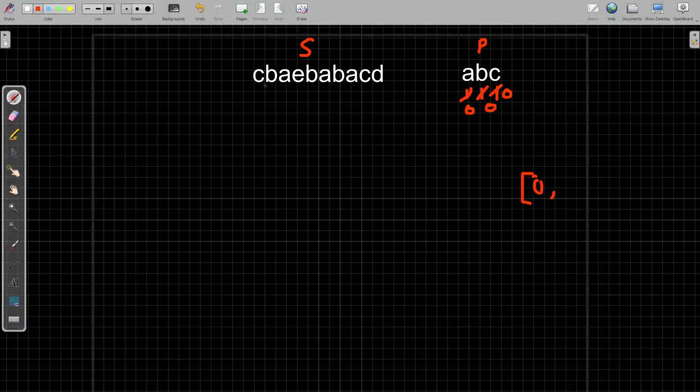Now we move. Whenever I am discarding a letter from the back, I increment it by 1 because I'm not utilizing it here. So I can erase this and it becomes 1 again. So let me write it clearly here. So it becomes 1. Then B and A don't change because B and A are still included. So when we discard B, it will again become 1. And when we include another B here, it will again decrement by 1. Like that, when we reach here, this whole thing would be 0, 0, 0 again. You can write on it as well. So if the whole thing becomes 0, then we will include 6 here. So this is the intuition behind the problem.